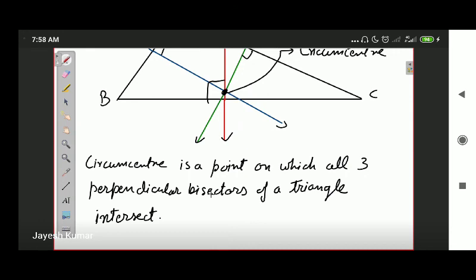One more thing, a perpendicular bisector of a triangle may or may not lie inside the triangle. Similarly, the circumcenter of the triangle may or may not lie inside the triangle. Similarly, the orthocenter of a triangle may or may not lie inside the triangle. It can also lie on the triangle as well as outside the triangle. Same with the perpendicular bisector. Angle bisectors and medians, those are centroid and incenter. The centroid and incenter of a triangle always lie inside the triangle. See, the point of intersection of medians and the point of intersection of angle bisectors lie inside the triangle.